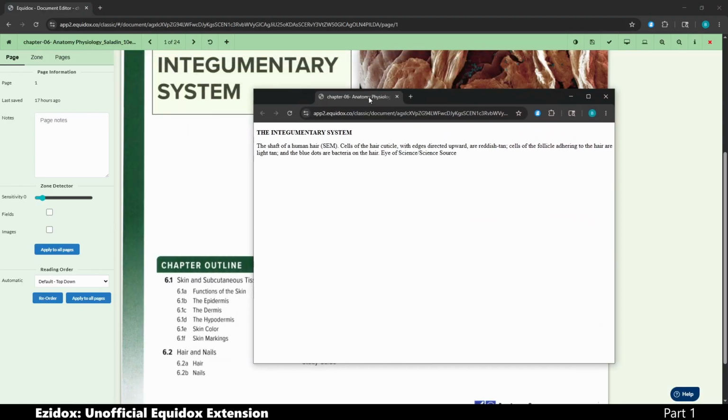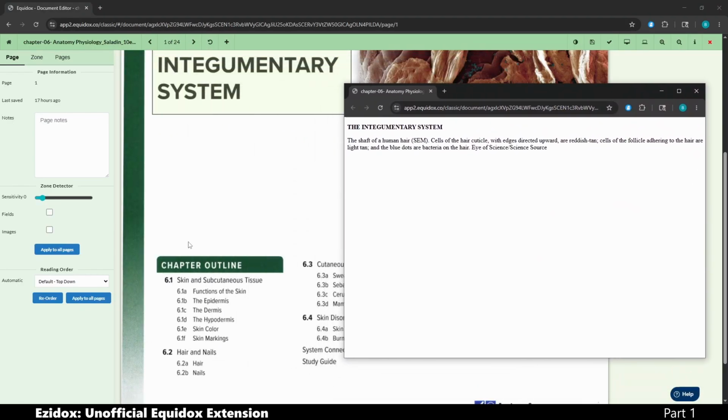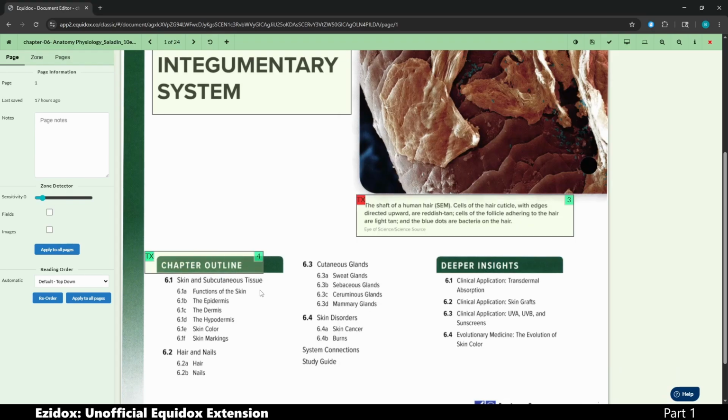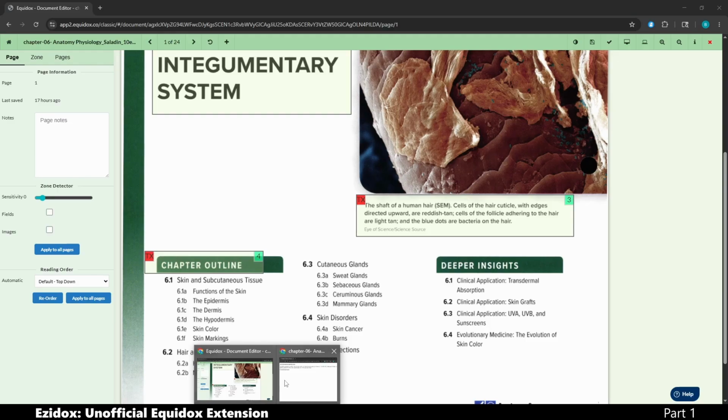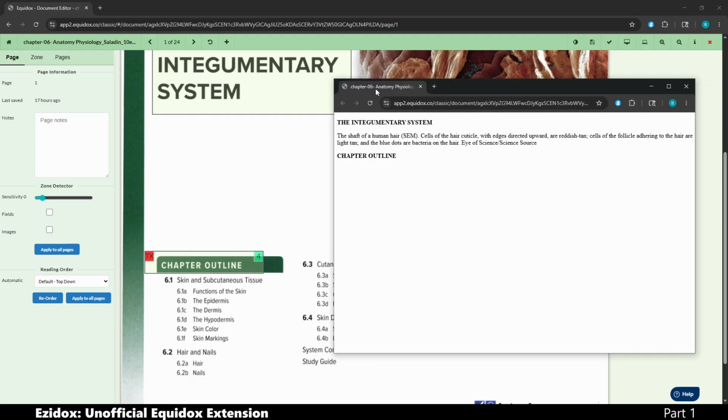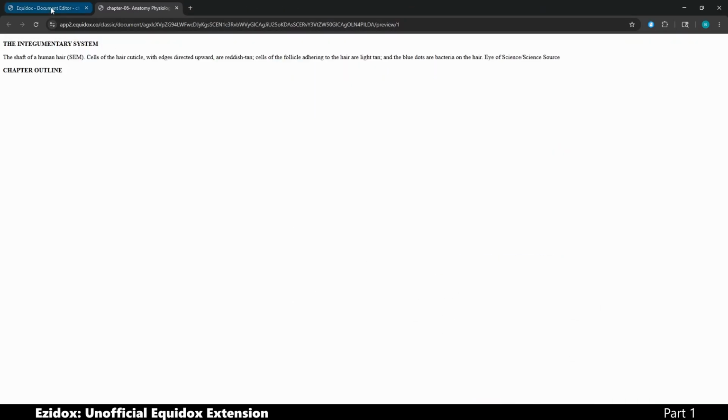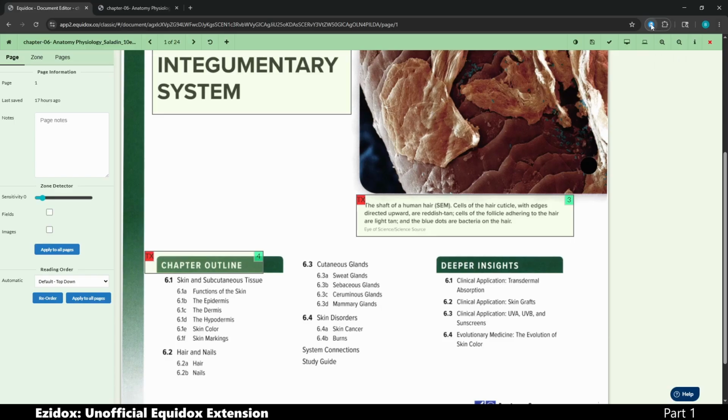And actually we can pull this up right here just for this video. And yeah, so we can see right there that it's changing every time I do something. So then